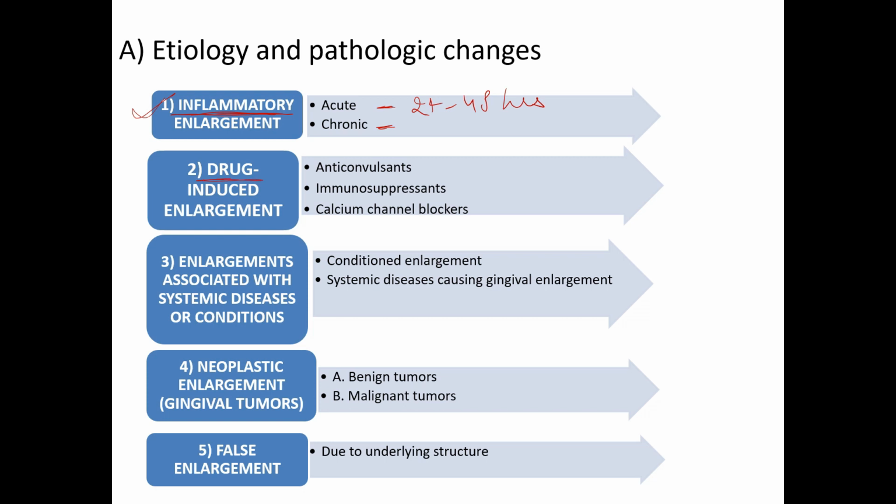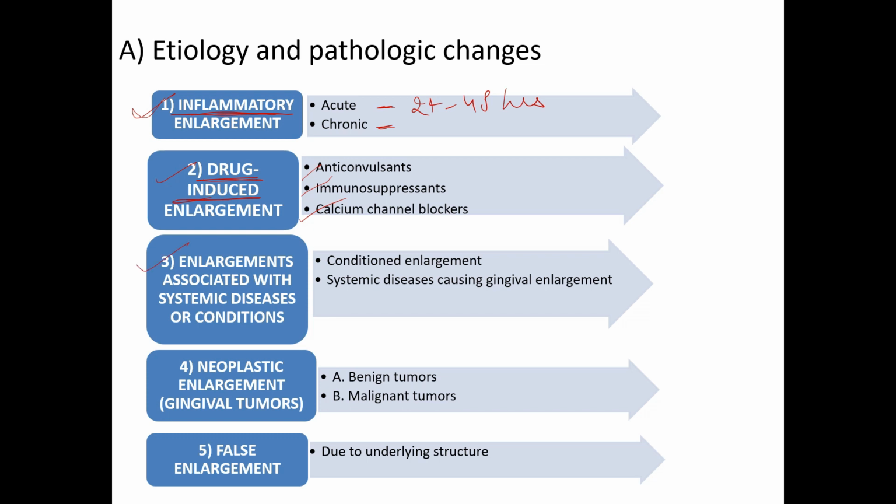Next one is drug-induced enlargement. Now again, drug-induced means it is caused due to any kind of drugs. Commonly, these three categories are seen for drug-induced enlargement. That is anticonvulsants, example of it is phenytoin. Immunosuppressants, so the most potent is cyclosporin, an immunosuppressant drug, which results in the gingival enlargement. And third is calcium channel blocker. Amlodipine is mainly associated with the gingival enlargement. All the details we will be taking afterwards about each kind of enlargement. Here we are just discussing the classification in very short.